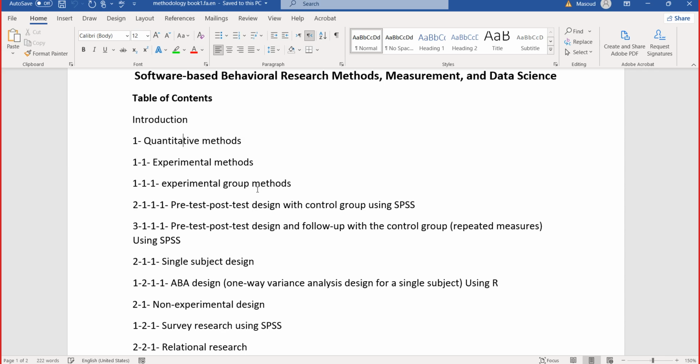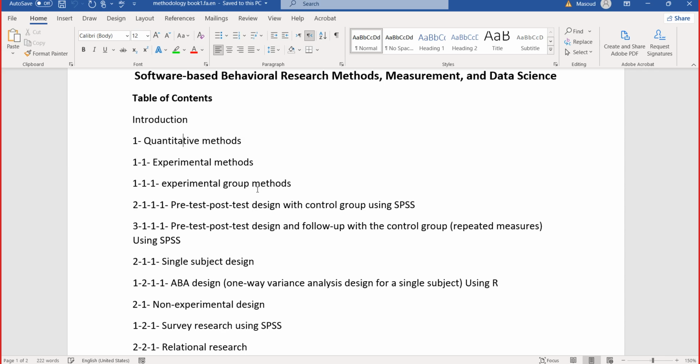Follow-up means that after you implemented the treatment, after a time lag, you measure the dependent variable again to find out the status of the dependent variable, for example vocabulary retention after 1 week, 2 weeks, 3 weeks. That is follow-up.